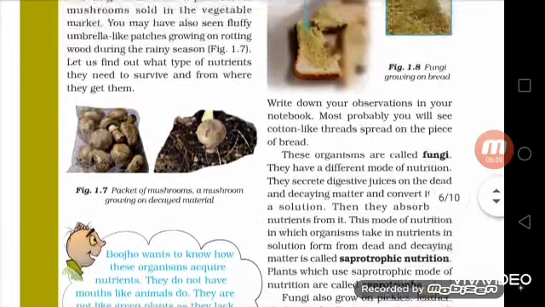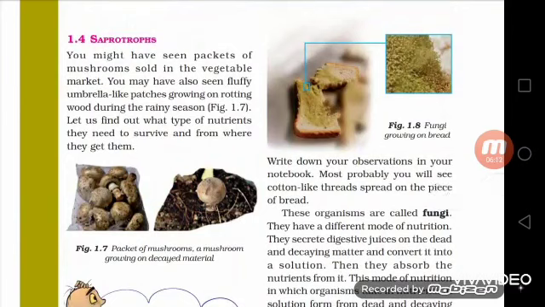Saprotroph means the organisms which take nutrition out of dead animals or decaying matter. Decaying matter means something which is about to get rotten. If your bread is packed inside a box for 2-3 days, it does not get oxygen or air, so it is going to rot. Once you open it after 2-3 days, you can find a tiny little structure of green color, that is the fungi, because the bread is about to get rotten. And rotten things are consumed by